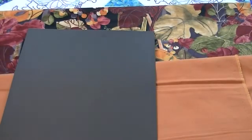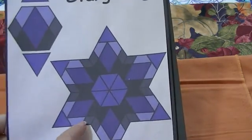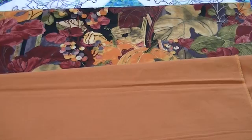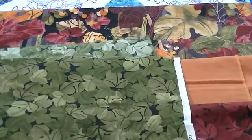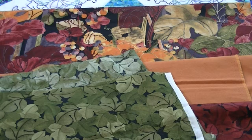So sometimes when I'm in the midst of design, I do something totally different than I thought I was going to do. And my next piece will show you exactly what I'm talking about. Next we have the solids. This portion here and this portion here. You don't have to use solids. So first I was going to use these two tonals that matched the fabric. And I was playing with them and they were nice, but here's what I was looking at when I was doing them. I decided that as well as